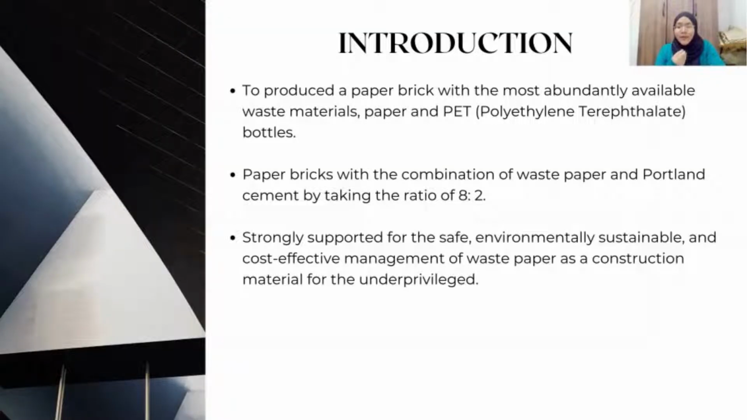Next, brick made with paper and PET bottles. Introduction. The objective of this research is to produce a paper brick with the most abundantly available waste materials such as paper and PET bottles. The material used for the production of these paper bricks is a combination of waste paper and Portland cement at a ratio of 8:2. This research is strongly supported for the safe, environmentally sustainable and cost-effective management of waste paper as a construction material